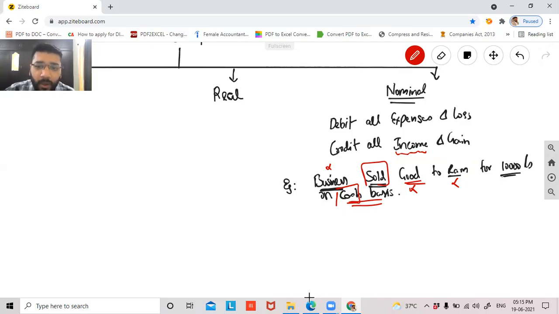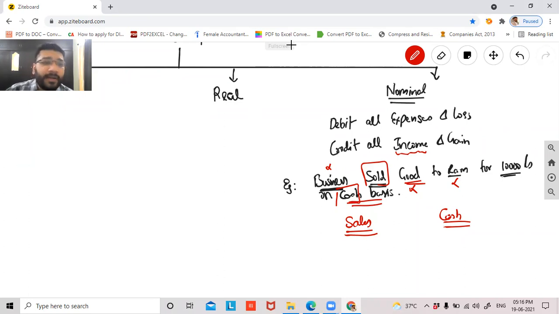Now guys, you have selected two accounts. One is sales account, another is cash account. I'm just discussing the nominal rule with you guys. Nominal rule says that if in any business financial transaction you sense the flavor of expense, loss, income and gain, then you come to me. Who is saying this? Nominal is saying this. Nominal account is saying that you come to me only if you sense any account having the flavor of expense, loss, income and gain. Can I say sales has got the flavor of income? Yes, sir.